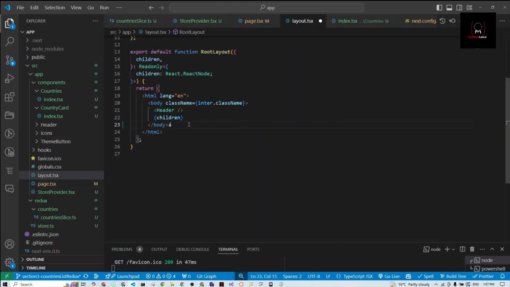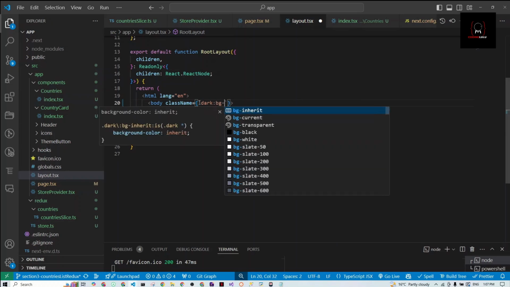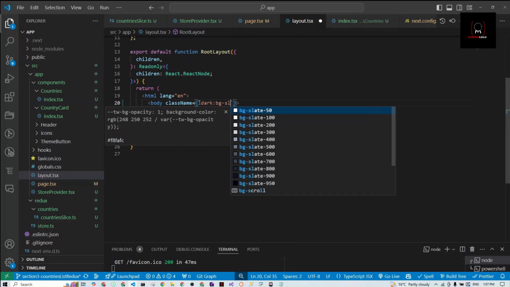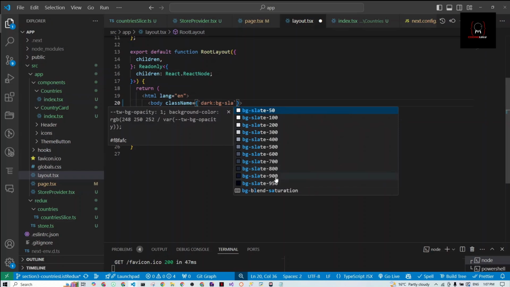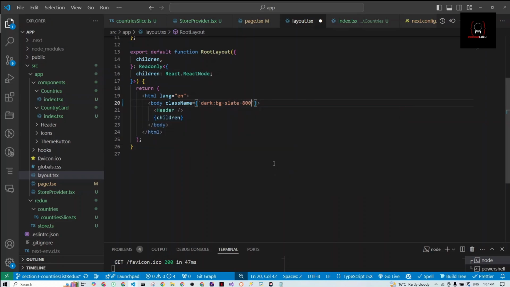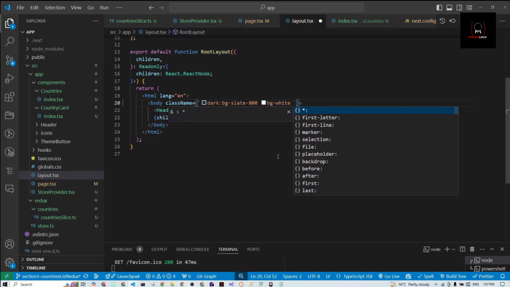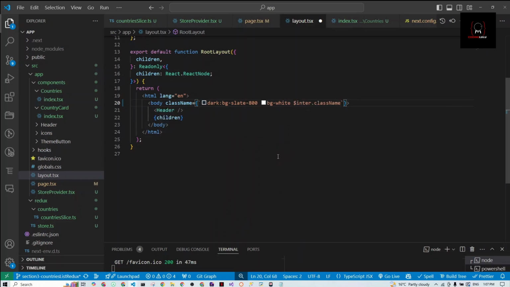What I can do is fix this from the layout itself, because my other pages will also have the same effect. So I'll change this class name here, use the backticks, and say when it's dark mode, I want bg-slate, and let's say for example 800, and then otherwise bg-white, and then just paste whatever the dynamic class